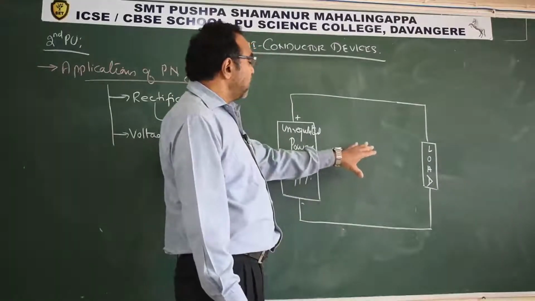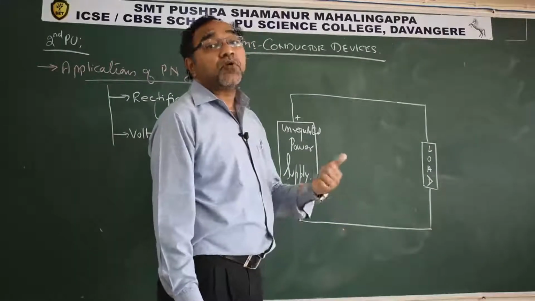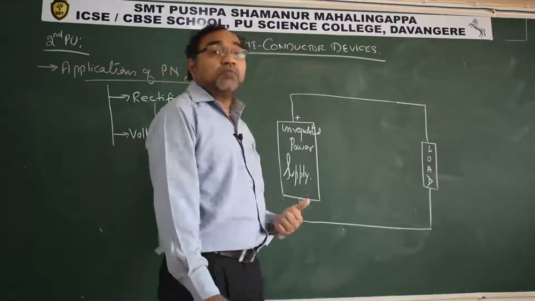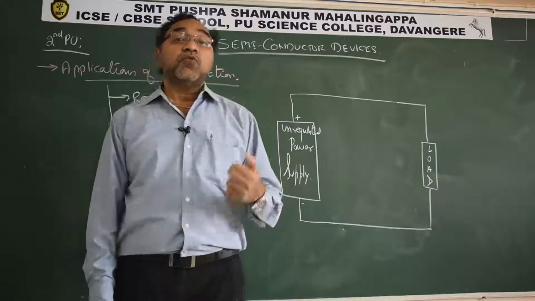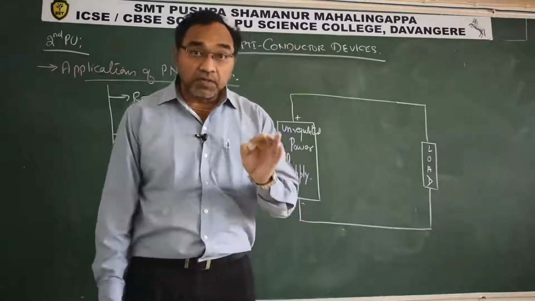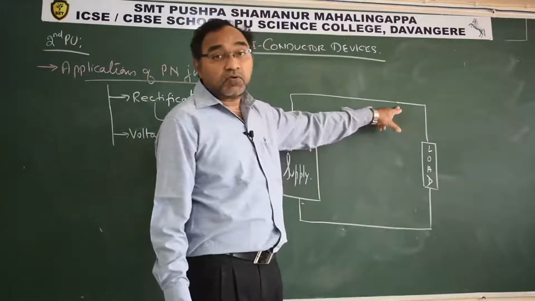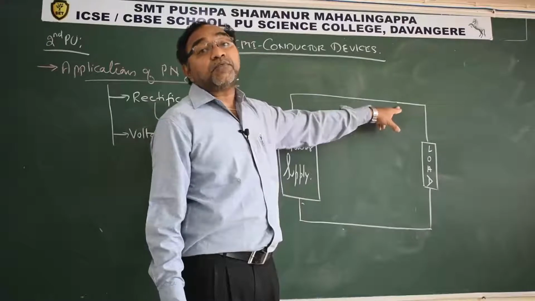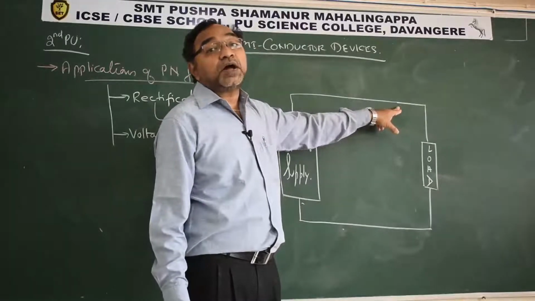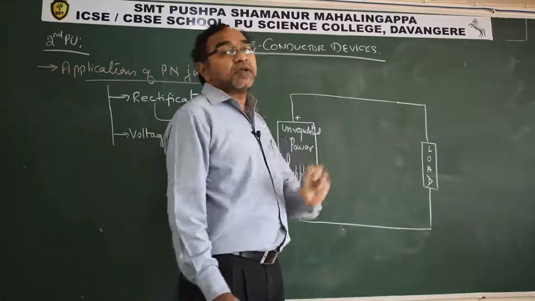Voltage stabilizers are always placed before the appliance, before the power supply goes to the appliance. I cannot let the power supply go directly to the load, so before that I will allow it to pass through the stabilizer.